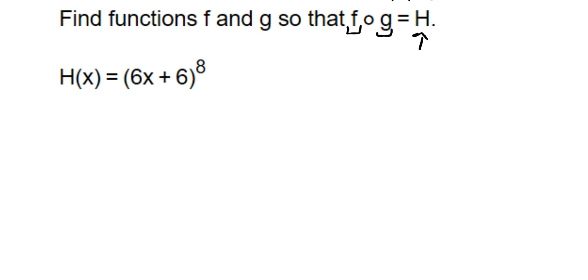So we have to keep in mind that composition is substituting one function inside the other function, and f is our outside function and g is our inside function. So when we're looking at our h of x to find what pieces would work together, because we have an inside and an outside function,